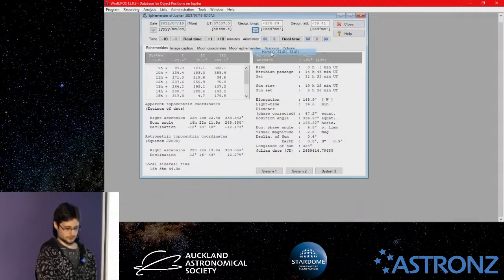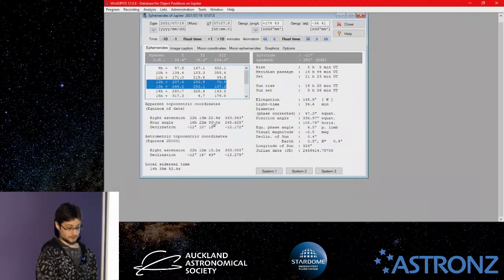So I'll set this to the shore, and just some movements for the graphics option. This window here gives you the central meridian locations. Most of this stuff is way above my head, but I'm sure some of you would be able to